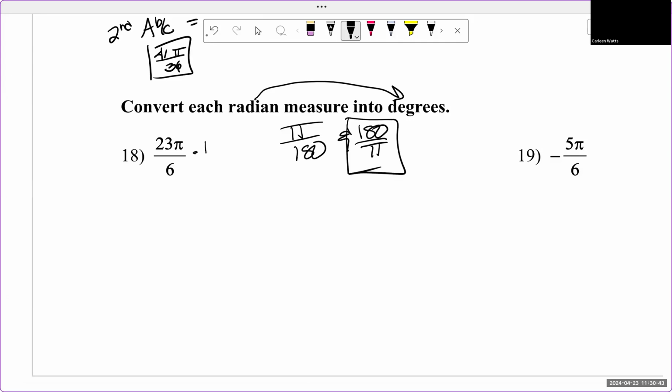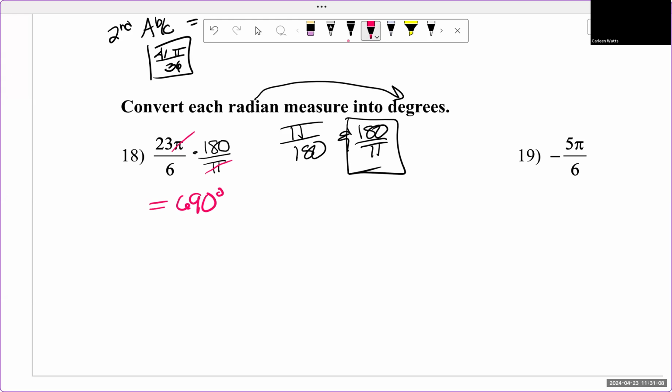Okay, so we're multiplying by 180 over pi. And what do you notice? Pi cancels. Now this one's easy peasy. You just multiply the top and divide by 6. You can reduce if you want, but you don't even have to. You get